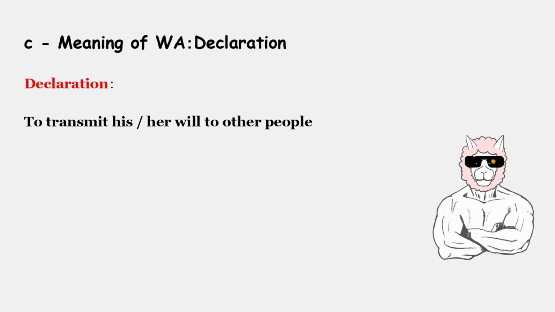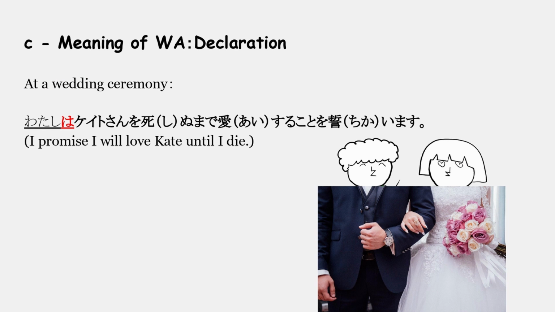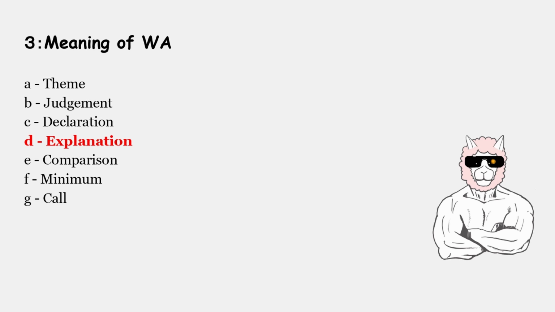By declaration, I like to say to transmit his or her will to other people. For example, at a wedding ceremony, we say, 私はケイトさんを死ぬまで愛することを誓います。